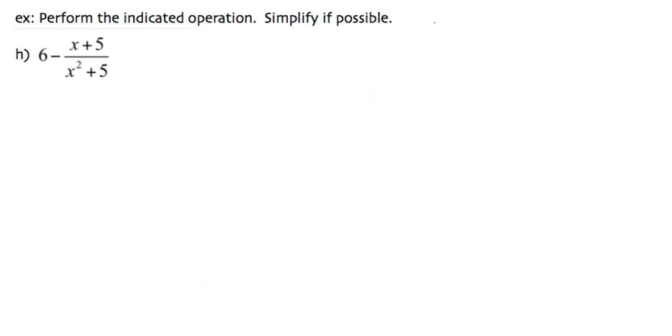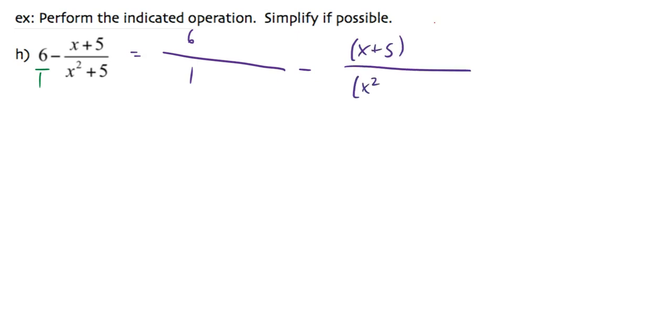Again, if I don't see a denominator, I can always make a denominator. This problem is particularly easy because everything is already as factored as it could be. I'm just rewriting the problem. There's no factoring I can do on either thing. So I know I just need to put an x squared plus 5 in this one. And I end up with